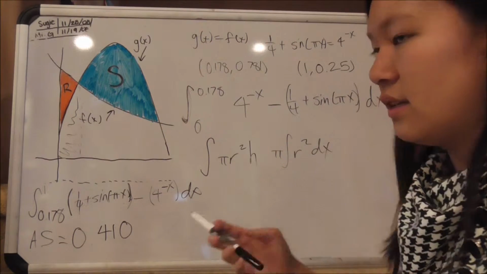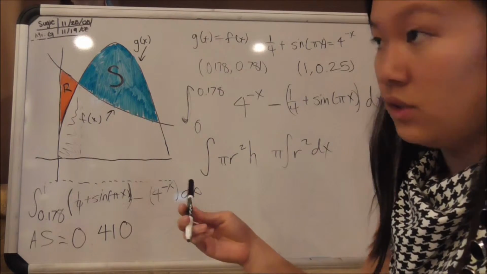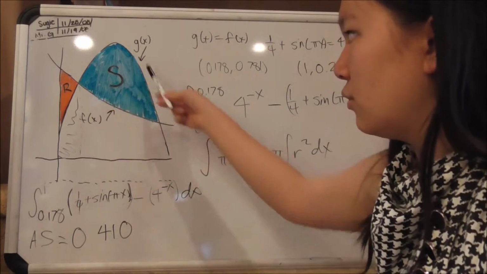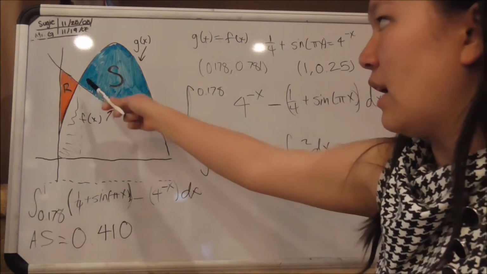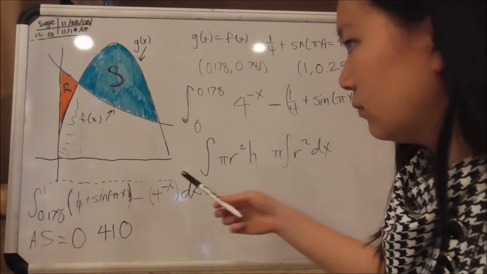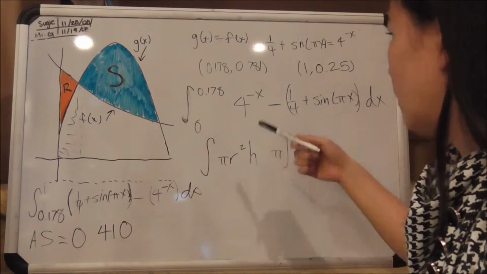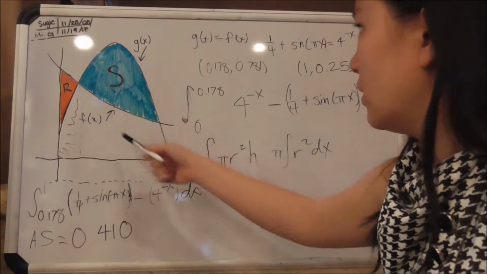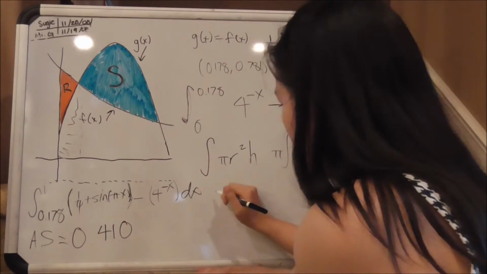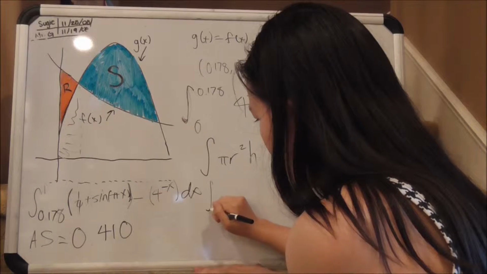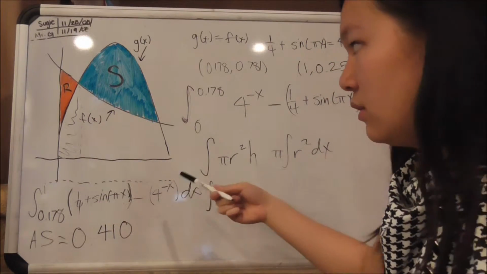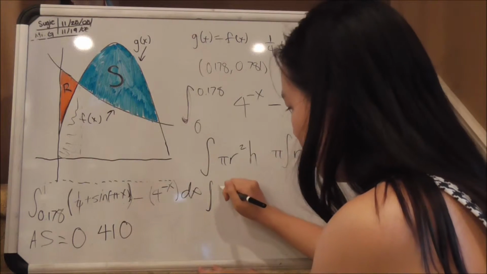And your radius is going to be found very similarly to how you find the area between these two graphs. You start by looking at the top function and the bottom function. In this case, the top function is 1/4 plus sine pi x. Bottom function is 4 to the power of -x. But you're going to need to, again, subtract the y line which you're going to rotate it about. So you start with